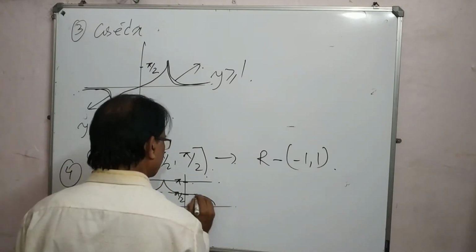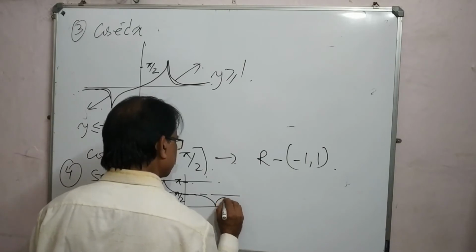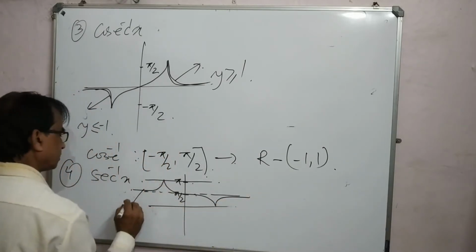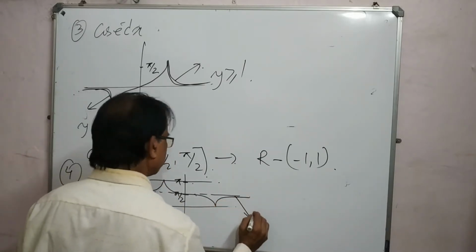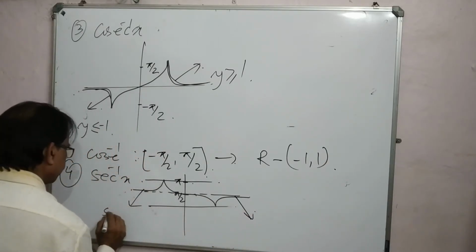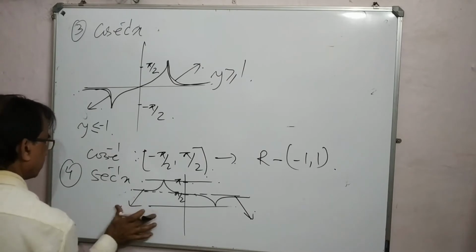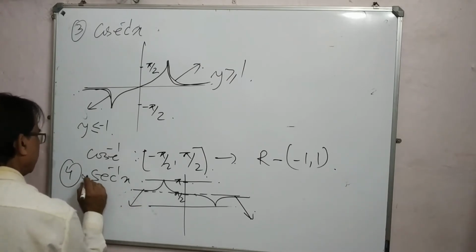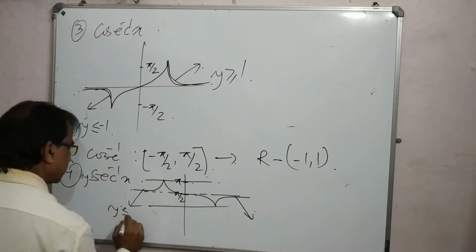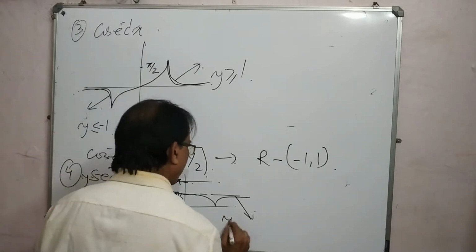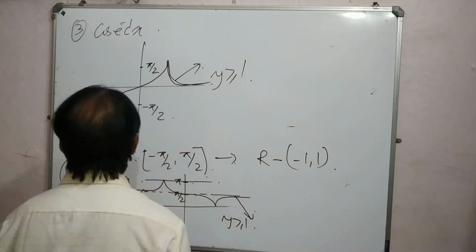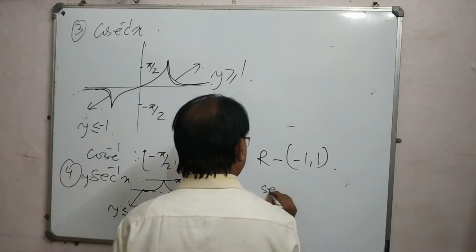It will not touch this part, and this part is equal to, that is here y is equal to sec inverse, y is less than or equal to minus 1 and y is greater than or equal to 1, and sec inverse